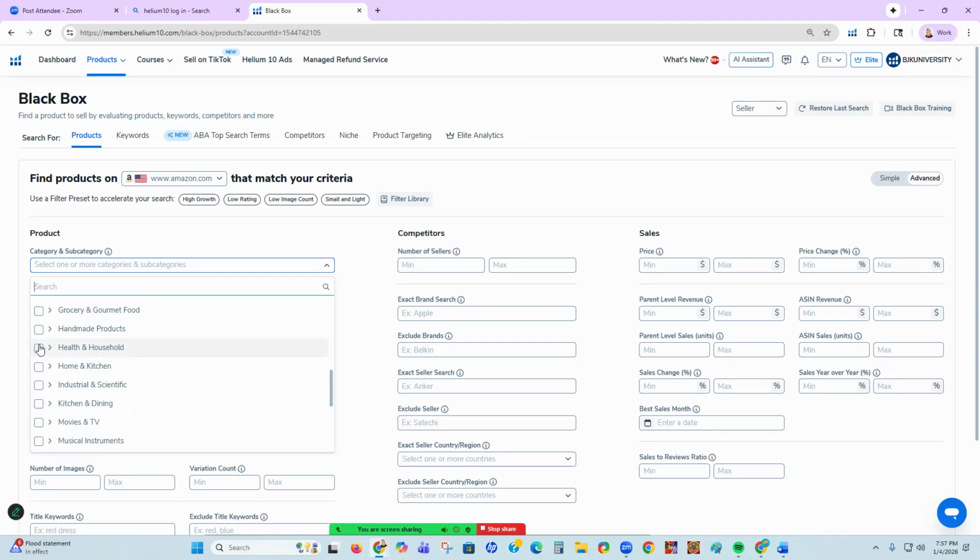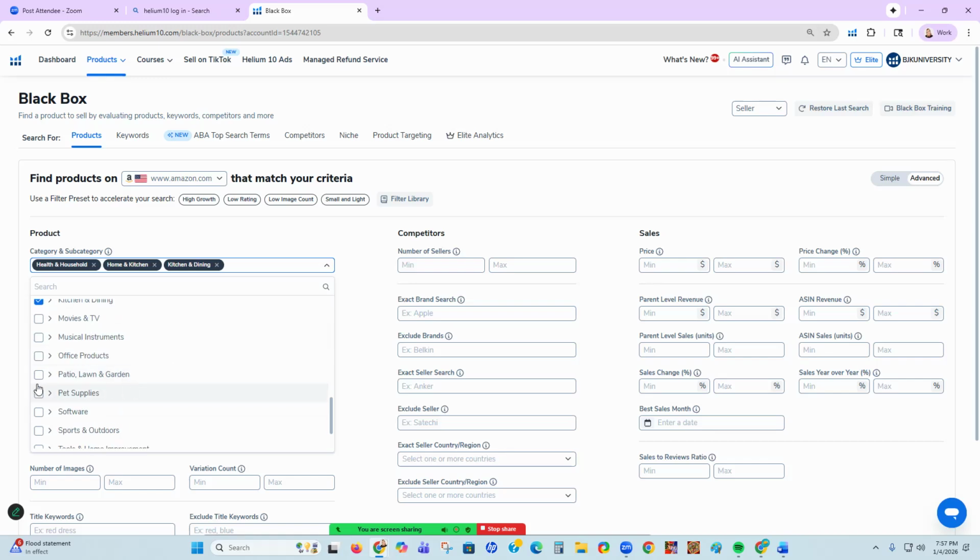We want to go into something like, see, you can do health and household because there's household in there. So I want to take that one, home and kitchen. Industrial and scientific is a good one too, but I'm going to go for kitchen and dining. Another one is patio, lawn and garden, maybe pets and sports and outdoors. Now, I don't have to pick all of these. I can do one at a time. I can do two or three at a time. But I'm going to take a bunch of them just so we can bring up the maximum amount of product